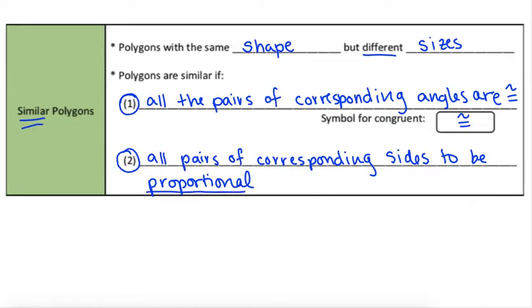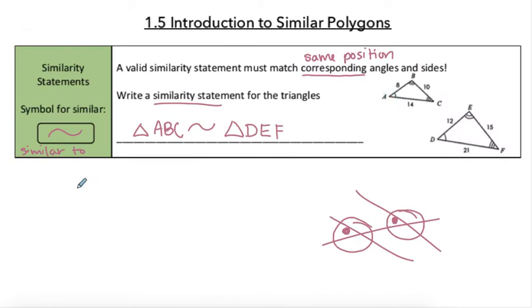And what that means is what we were practicing with before. 8 goes with 12, but not as an equal sign. 10 goes with 15, but do you see that I'm setting them up as ratios? 14 does go with 21. And if I checked this by dividing or by cross multiplying any of these pairs, they would all be the same. 8 divided by 12